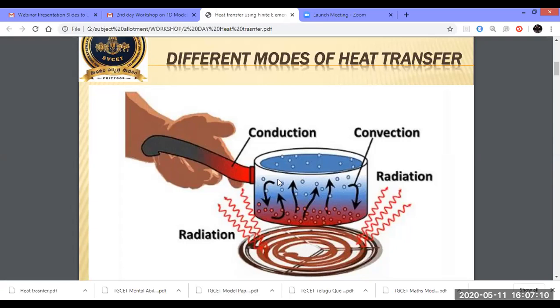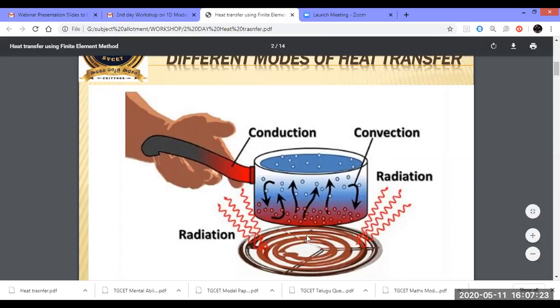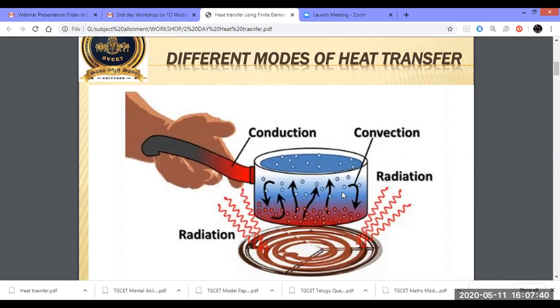Now let's see the container molecules, either steel or maybe cast iron, whatever the metal is. Let us assume steel is going to absorb the heat. When absorbing heat, the first layer transfers it to the second layer, then the third layer, and like this heat is going to transfer. That means the steel molecules first absorb the heat. It must be transferred from high temperature to lower temperature only. Automatically, the top portion has high temperature compared to the lower portion, so heat is going to transfer.